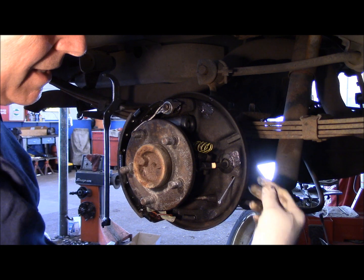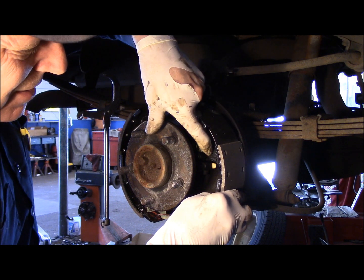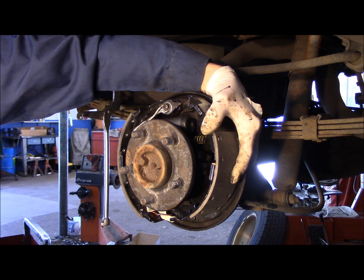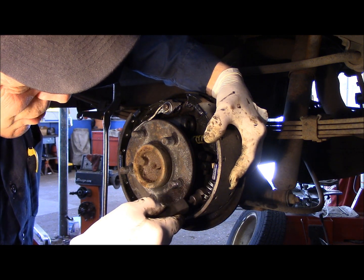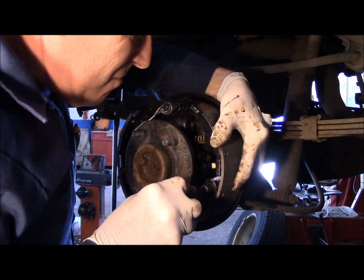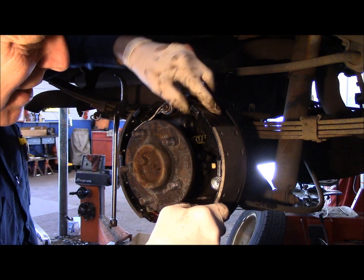Put your pin through the back like that. You're going to hold the pin with your hand. Put it through where it belongs. You're going to line up in here where it belongs. Don't worry about getting it exactly right yet. The main thing is we're going to attach this with this hole down here first. All right, so you're holding it in the back with your finger in the back so it doesn't move. Okay, now once you have this cord in here, now we can get everything set the way it belongs right here. Okay,